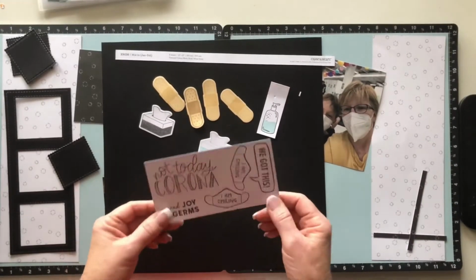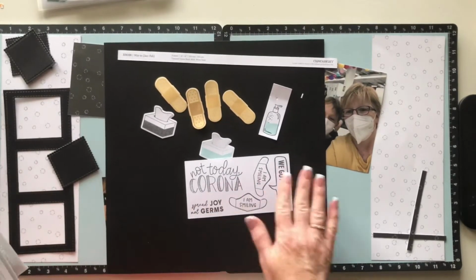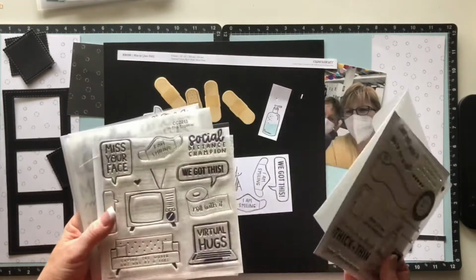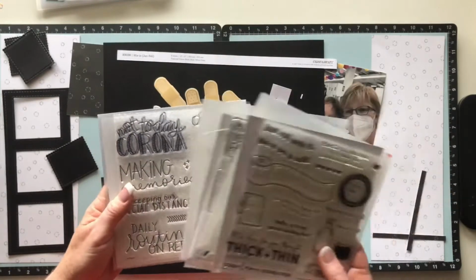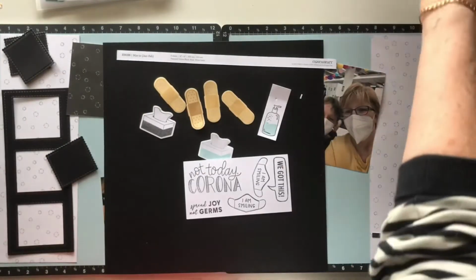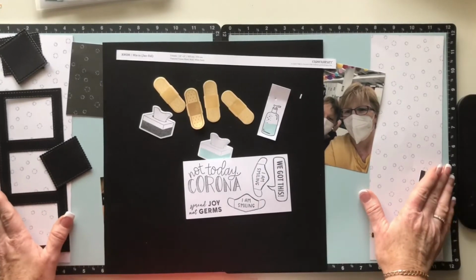Some of these are old. I've stamped off a whole bunch of Corona stamps that I will use for embellishing, and these are from a number of different Corona or virus or stay-at-home stamp sets. I've just tried to pick the ones that aren't necessarily about staying at home. I don't know too much. I'll probably use these on the borders,